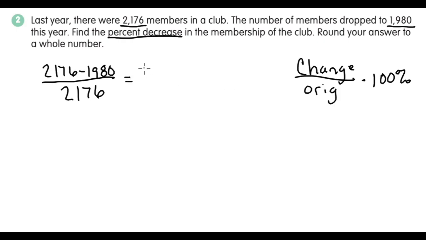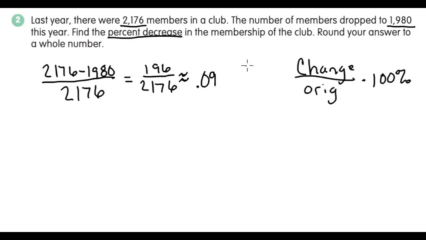When we subtract and find the change, there was a difference of 196 members. So that means that 196 members left the club. And we're going to divide that by 2,176. And when we divide that by 2,176, we get approximately here